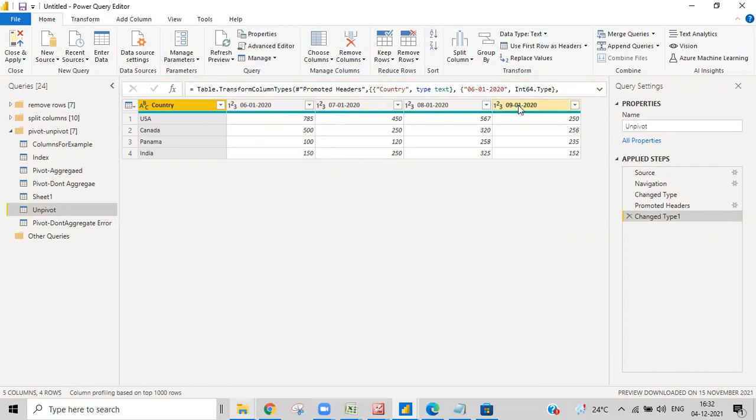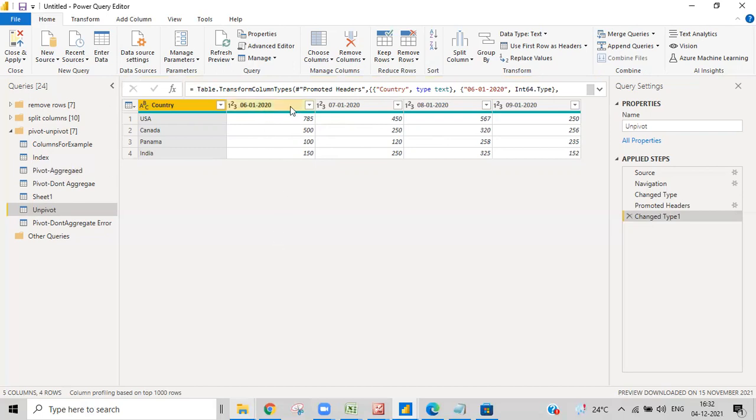I don't want this in this format. I want whatever the months are in row format. Then only can I keep all the dates in one column and all the values in another column, and then I can keep the date column in a slicer and slice the data. That is what we can do.